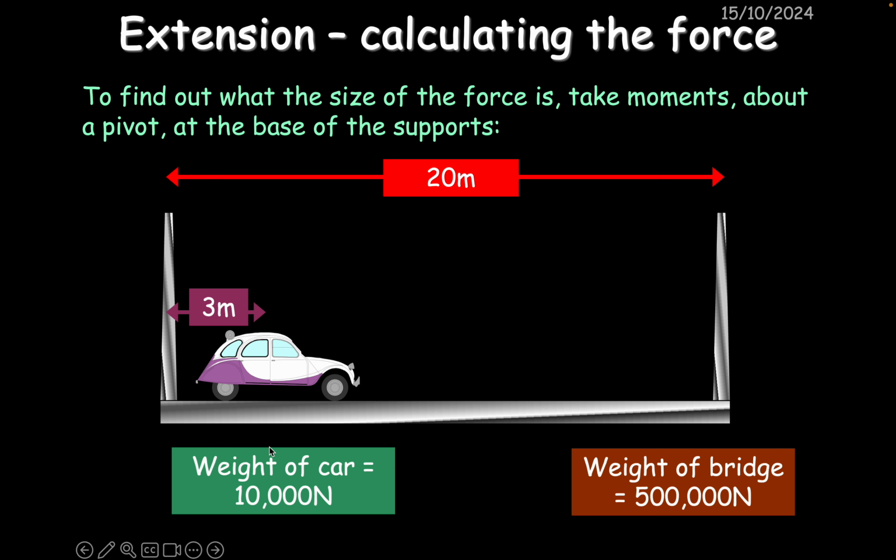If the car, then the center of mass of the car is 3 meters from the left edge, and the weight of the car is 10,000 newtons, but the bridge is 500,000 newtons. The bridge's weight acts 10 meters from here. The car's weight acts 3 meters from there. So to find out what the size of the